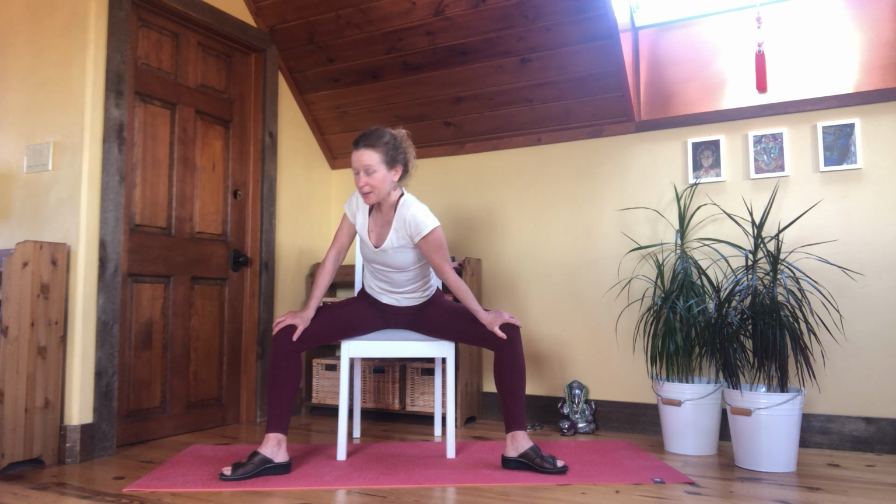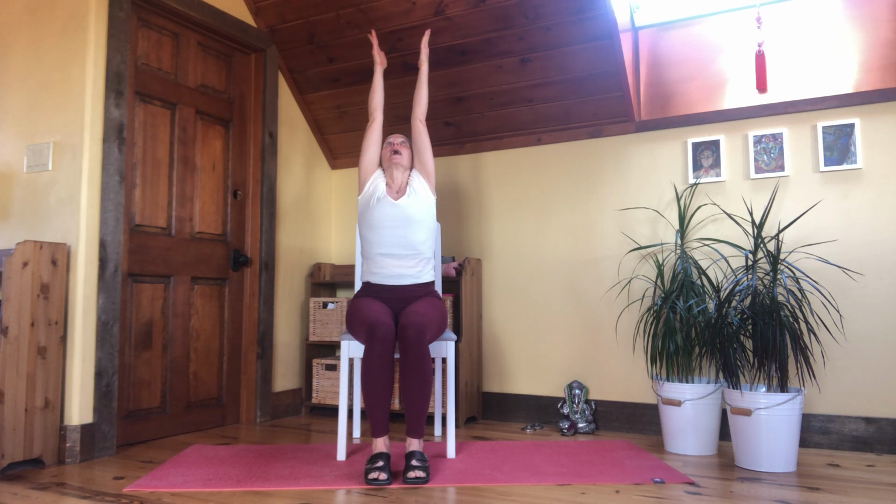And gently come back to the center. Nice. Take your legs back to the center. We'll take a big inhale up, just coming back to our midline, and exhale, hands down to the sides. We'll have warrior and crescent lunge, and then we will twist, and then we will take a nice comfortable seat